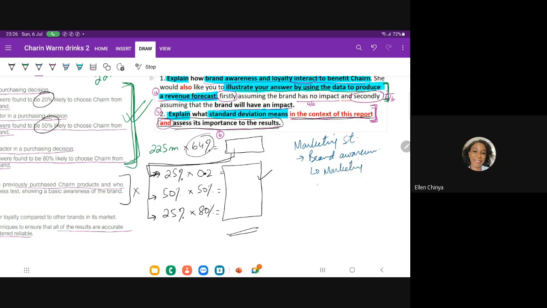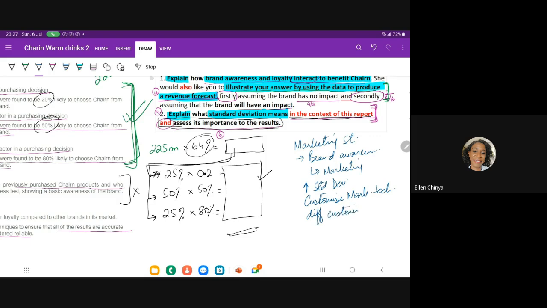If there is a high standard deviation, this means that we cannot have the same marketing techniques for everyone. We have to customize marketing techniques for different customers probably,